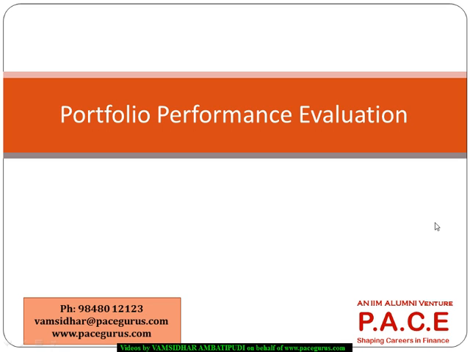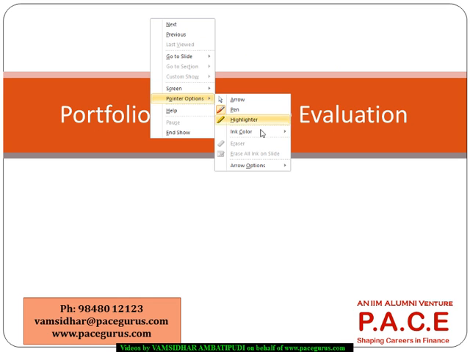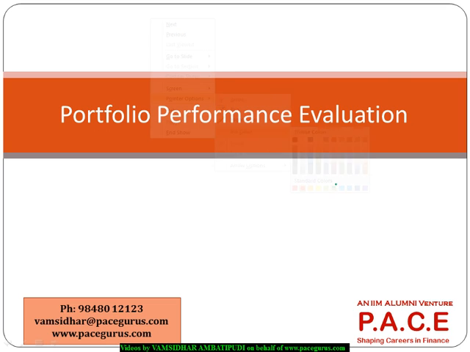In this session, let's look at the various aspects of portfolio performance evaluation, the various measures associated with portfolio performance, because we talk about something called the Sharpe ratio, the Treynor ratio. These are some of the things which we have been talking about on various occasions. So just as a collated piece, how do I evaluate the portfolio's performance, and a little bit more